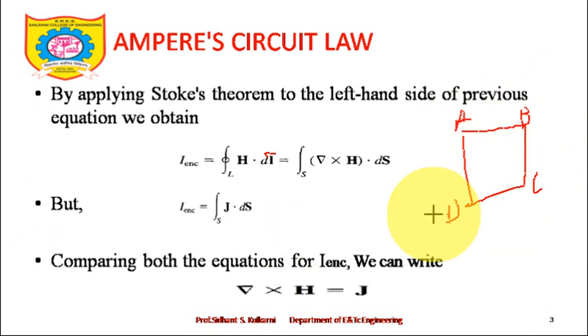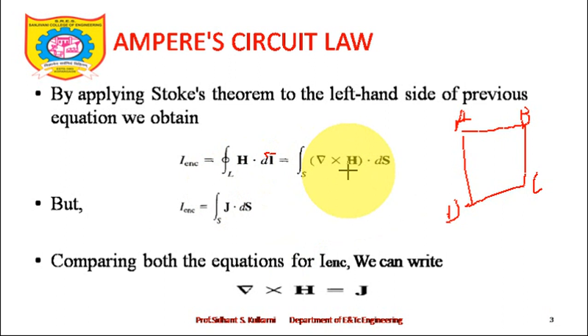So it forms an open surface. So A, B, C, D, A. Similar to that, the closed line integral of h bar dot dl bar is equal to an open surface. Try to understand the analogy between these mathematical expressions, or mathematical identities: a closed line forms an open surface, and a closed surface forms a volume, which we have gone through in the Gauss law. So a closed line forms an open surface.